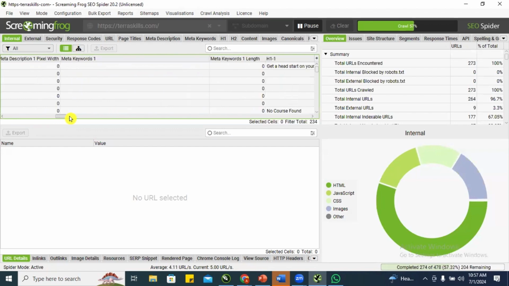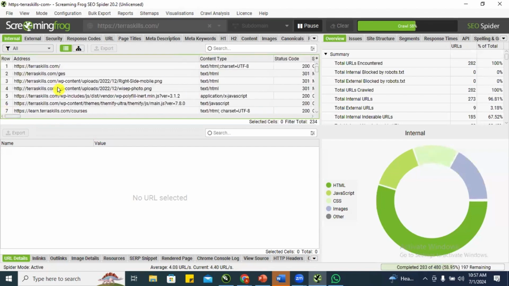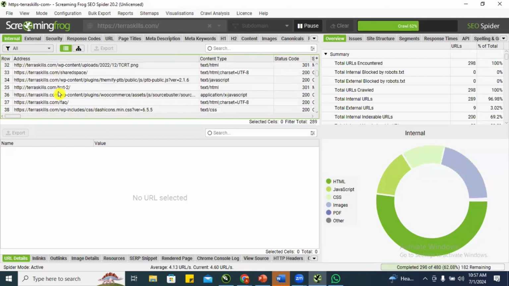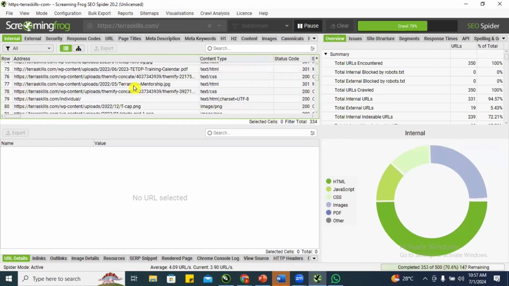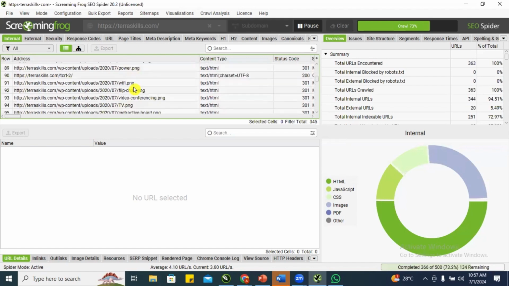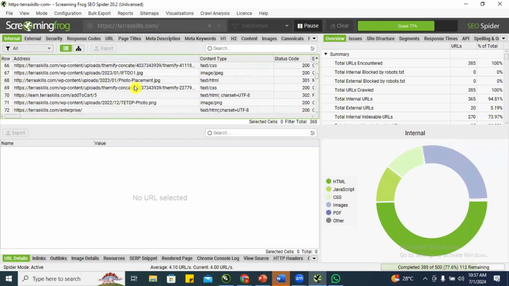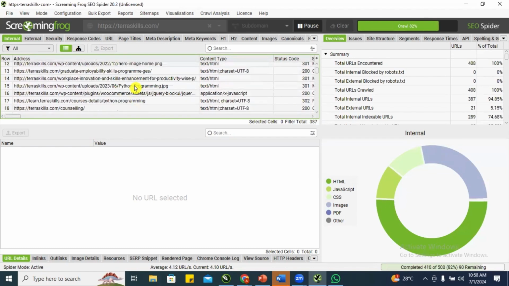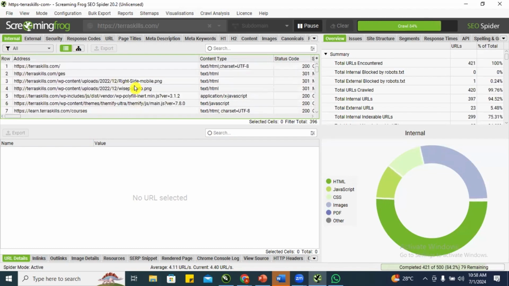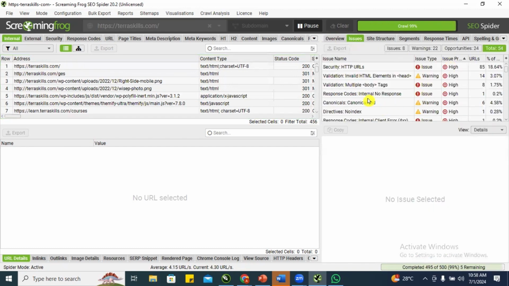Okay, so you have other metrics. You can basically see all the pages on your website. So if any of your pages is not being crawled, you know that page may not be able to be searched for. So this is what Screaming Frog can do for you. If your website is not indexed, if you search, you're not going to have any crawl. All right, so you can see the overview, you can search for the issues,